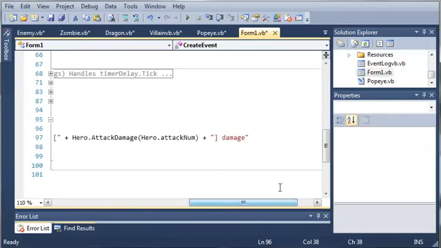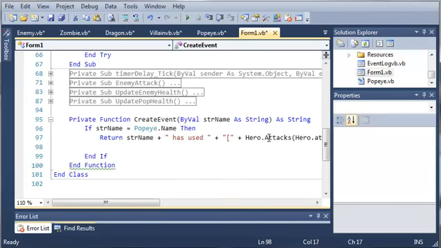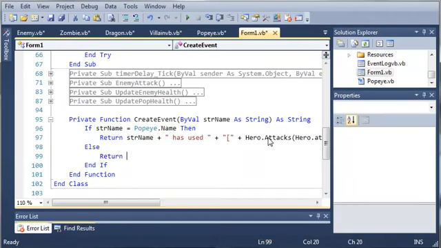So now we need to make an else. So if it's anything else, which would be a type of enemy, we're just going to return string name, and then we will type has used